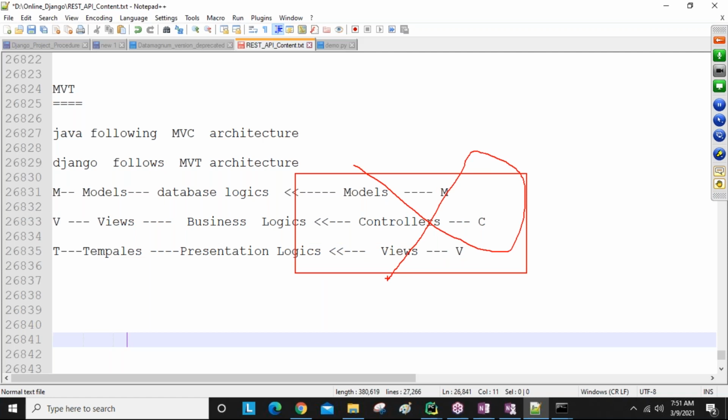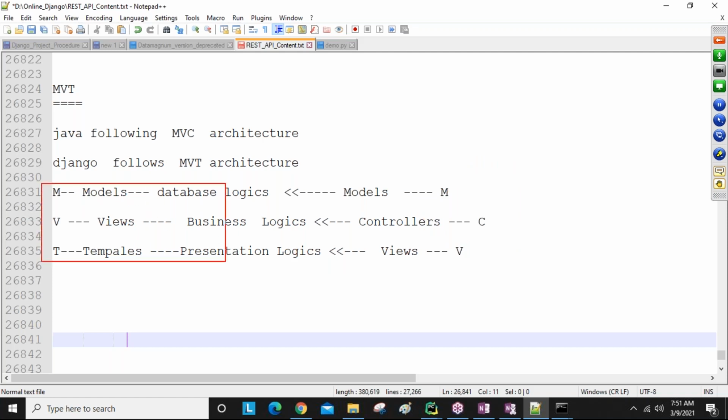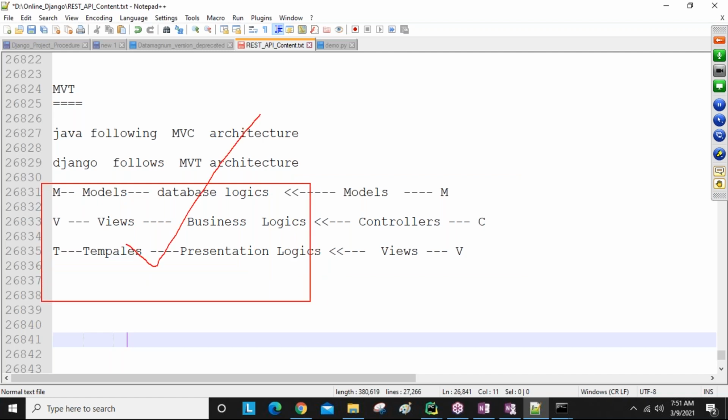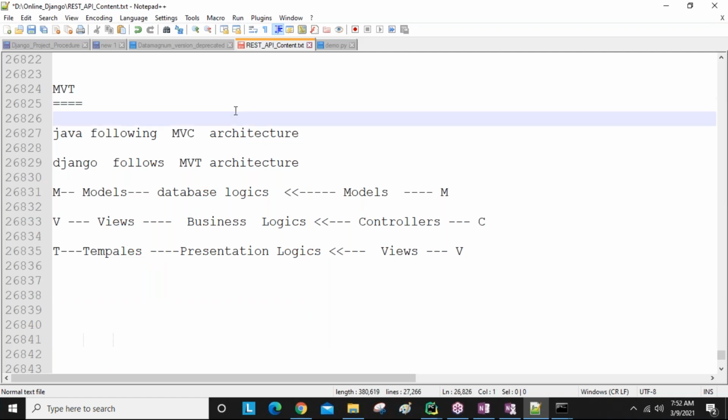If you are choosing the Java course, then people are learning about this. We are Django developers, so we are going to discuss this architecture: what files are there, what is the purpose of each file. One diagram we will discuss, execution flow related. Okay? So we are going to discuss the Django MVT architecture, guys. Clear, guys?